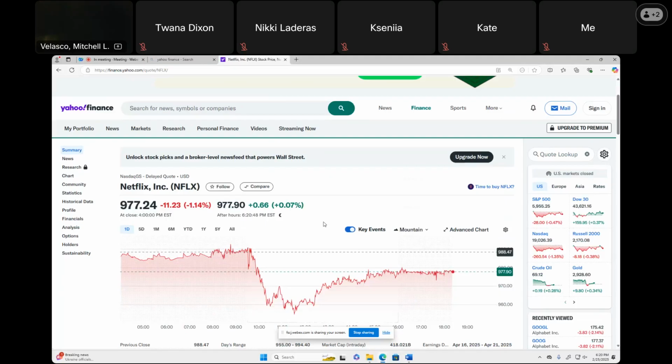So Netflix, good example. Right now they've been kind of dropping a bit. I don't know why. Well, I think it's just sentiment with the market overall. $977 a share. Last week they were over $1,000 a share, but I bought $100 worth of it because I think it's going to be a great company. They are the behemoth when it comes to movie and television production. They have more cash than any other streaming service, so it's really hard to compete against Netflix.